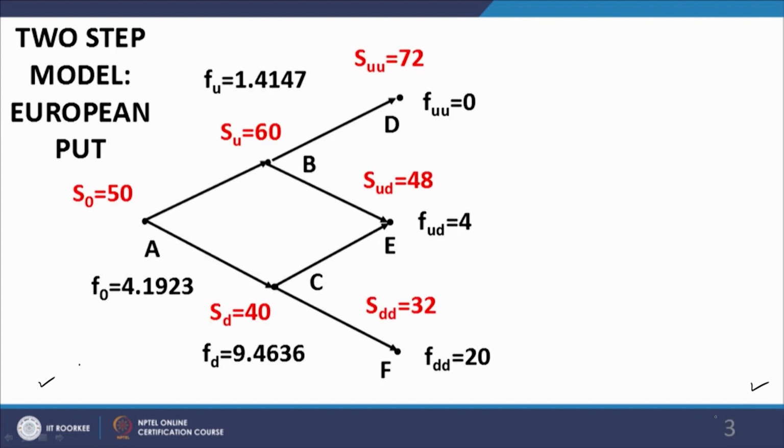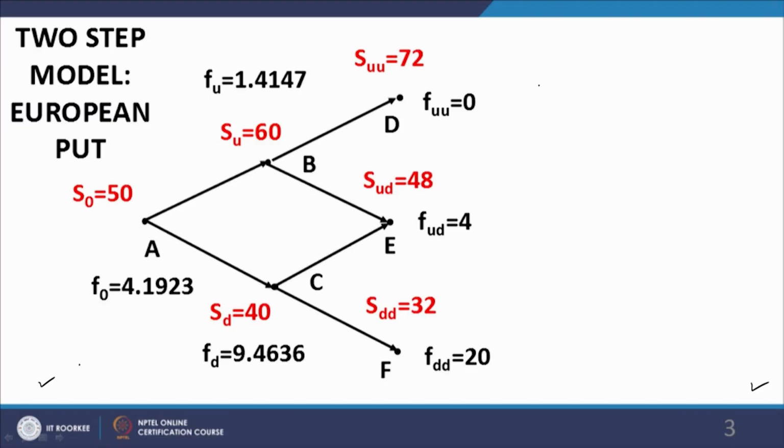So, our first step is to work out the synthetic probabilities. Please note, because the size of the up jump and the down jump is the same across the entire tree, the synthetic probabilities or the Q probabilities corresponding to the different branches of the tree will be the same, and